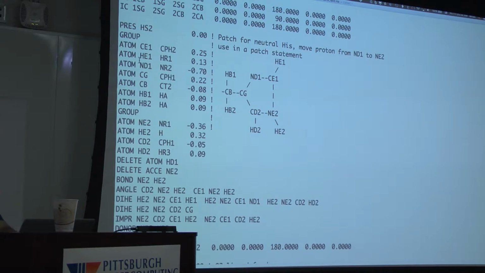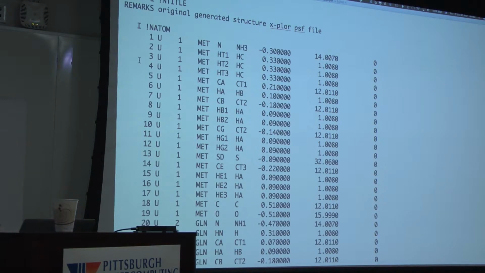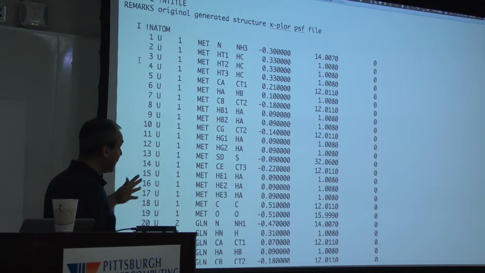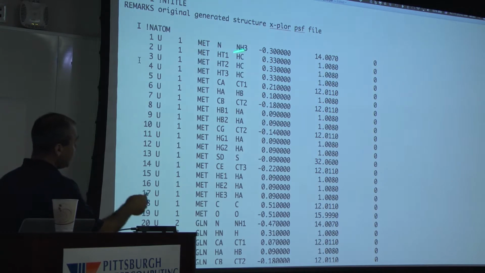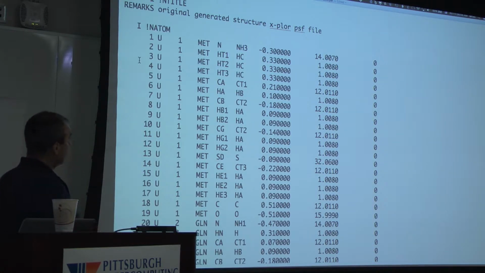So let's look at the PSF file now quickly. In the PSF file, we collect all this information, all the patching, all the modifications, everything will be here. Now we have a different format, no coordinate information. We don't have the XYZ, but everything else is here. So we have a real index number here. It is created independent of what you have in the PDB. We have the segment name. Then we have res name, res ID. We have the residue name,